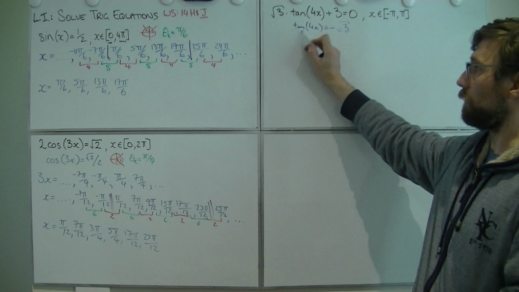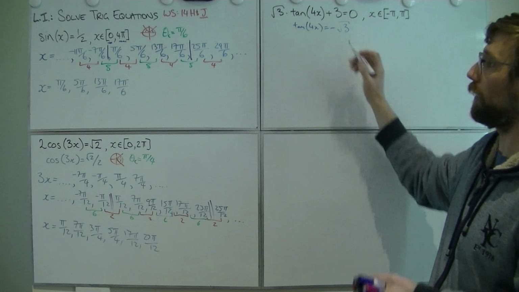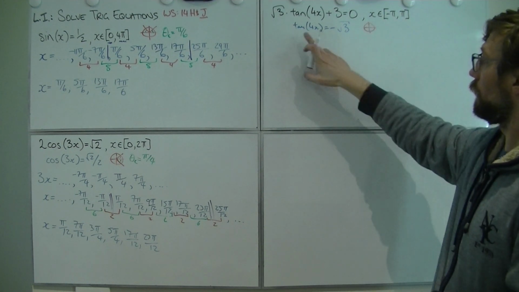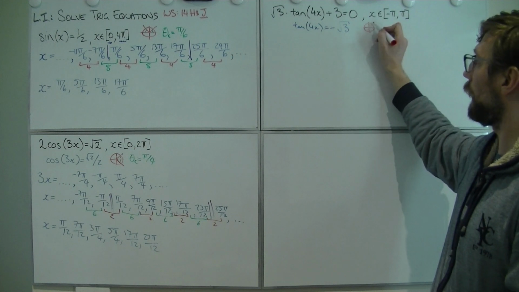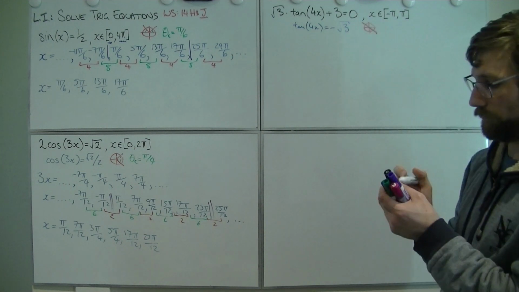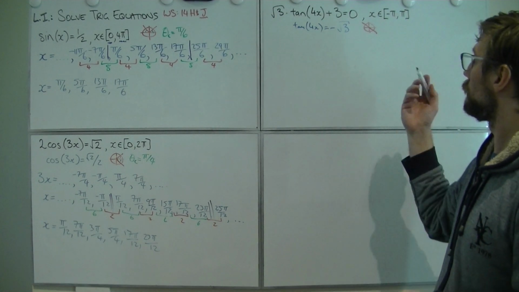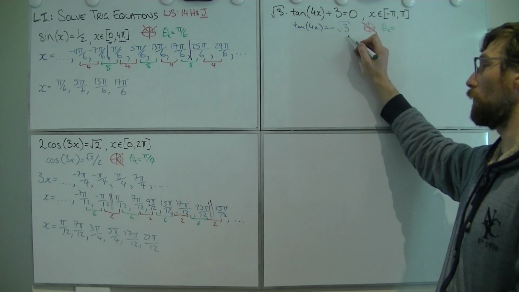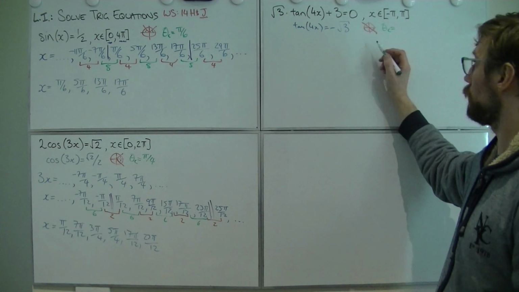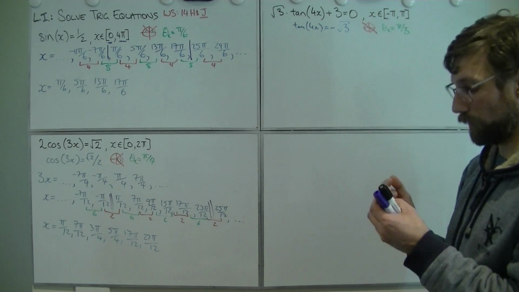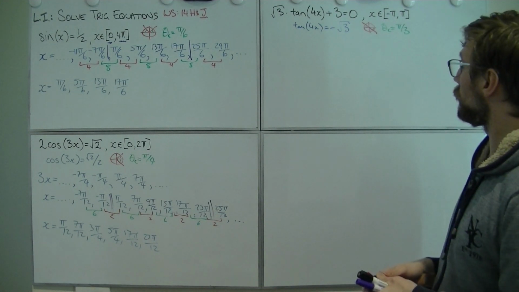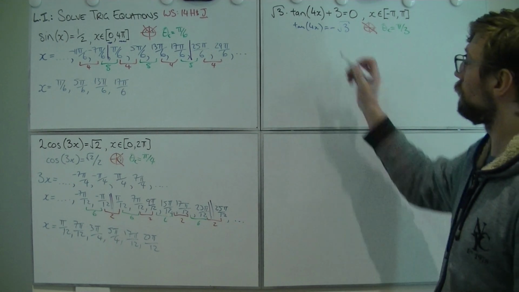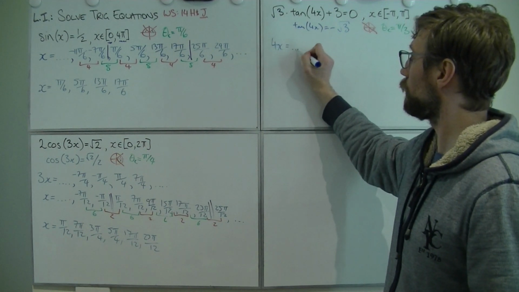Great. I've now got a trig function equaling something, so now I need to draw up my unit circle. Tan is negative. Okay, A, S, T, C. Cool. Those are my critical angles. When does tan equal root 3? Well, think about that for a second. Should be pi on 3. Got a lot of 3's in this one. Did I do that the right way around? Yep. Cool. Okay, great. Well, whatever is inside that argument equals